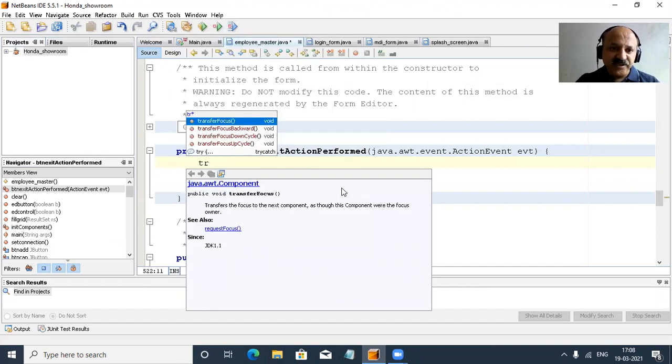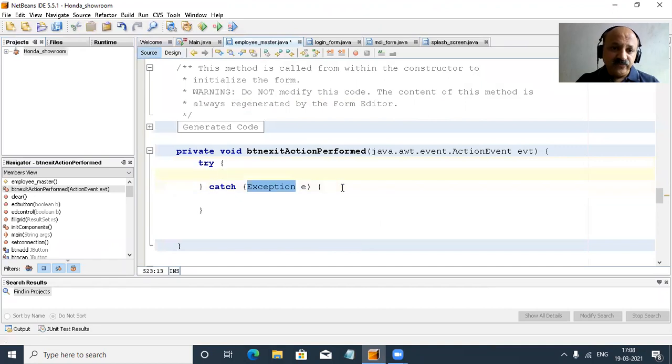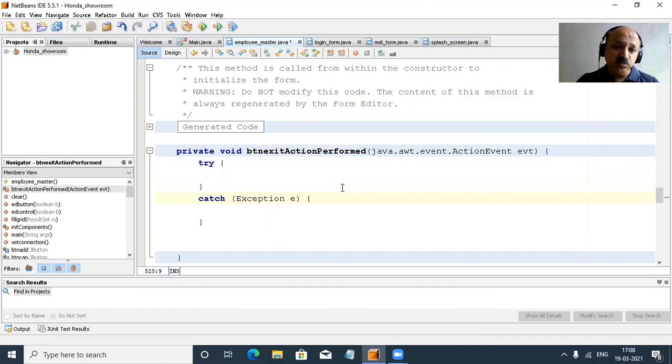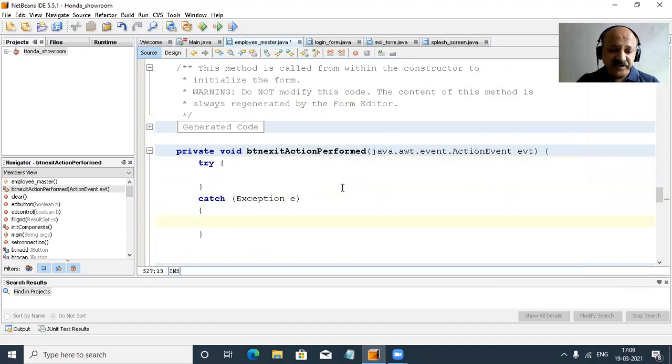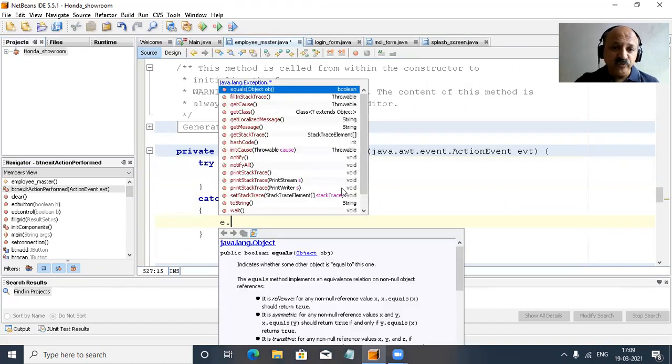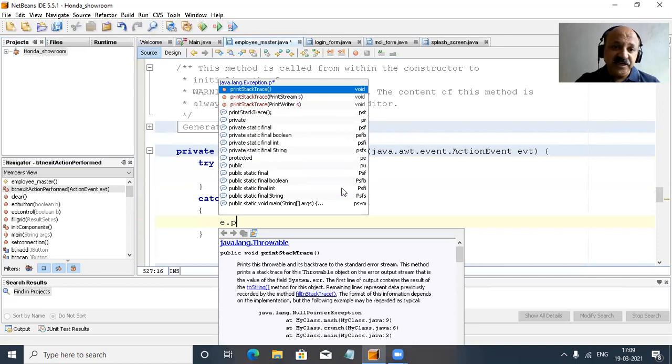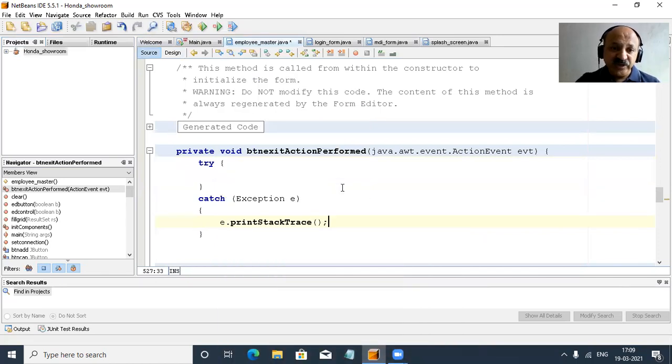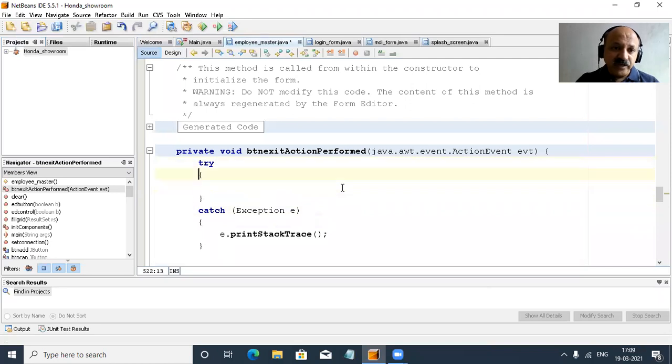In the catch block, we always write the coding first, because any error detected is printed in our output window, so we can easily detect our error. So printStackTrace. Now we use M and MSG, that is our JOptionPane.